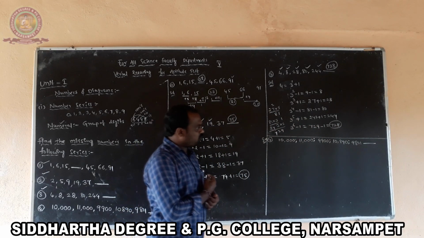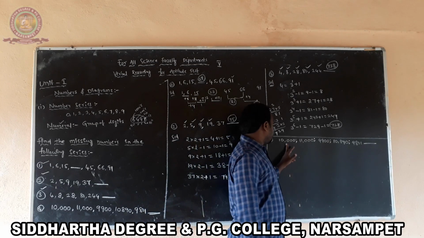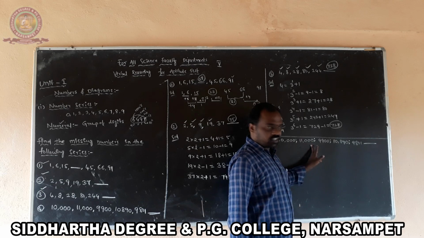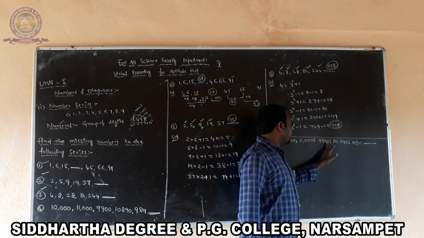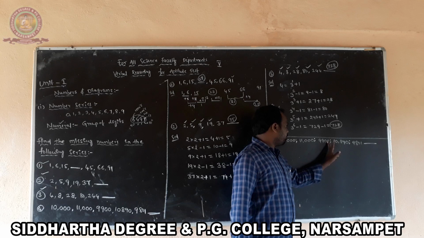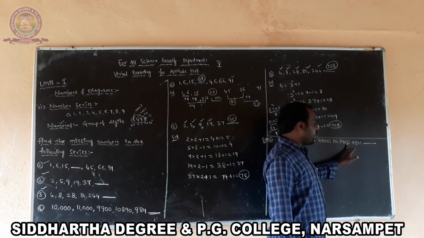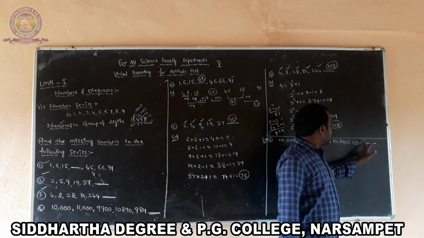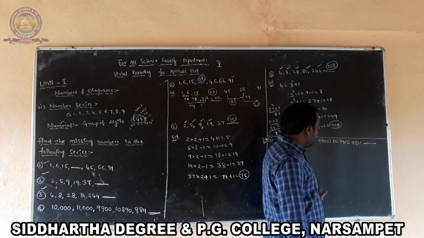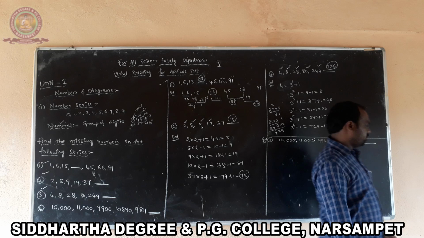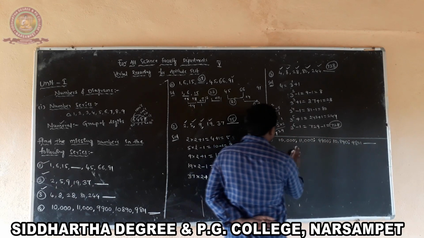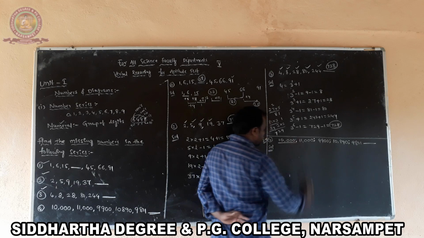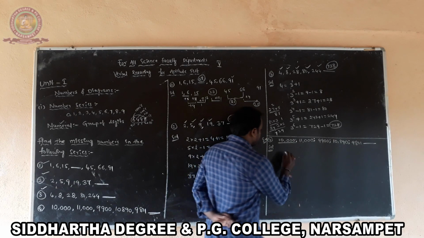So in this question we have to observe that 10,000, 11,000. The value increases first from 10,000 to 11,000. Then 11,000 to 9,900, so that is decreasing. Then again increasing, 10,890. Then again decreasing, that is 9,801. Then again increasing. The value is above 9,801. Right? So the first one is 10,000.